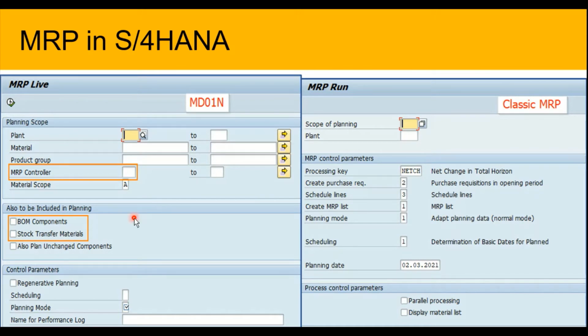And in this MRP Live in S/4HANA, we also have the option to include the BOM components into the planning. I mean, if the planner wants to exclude the BOM components from the planning, he can uncheck this BOM components option. And also he can deselect the stock transfer materials to be part of the MRP run.